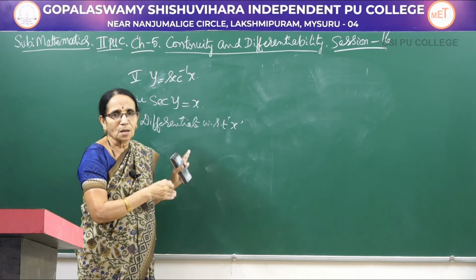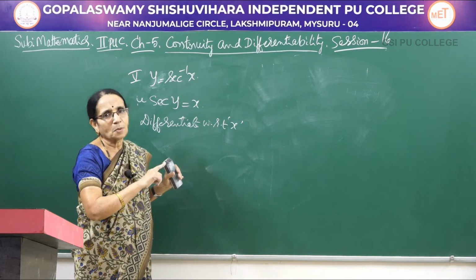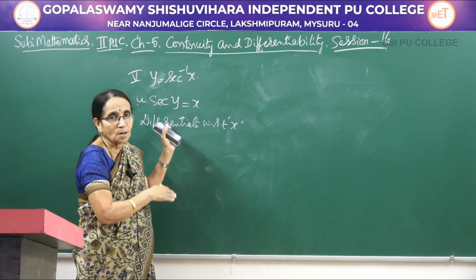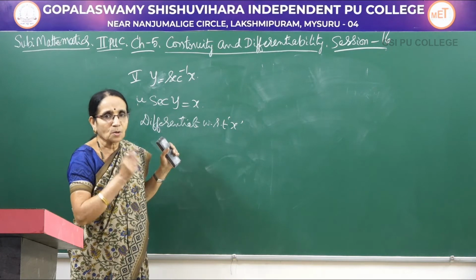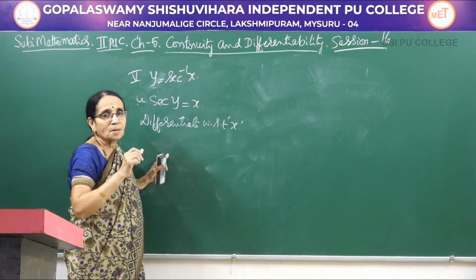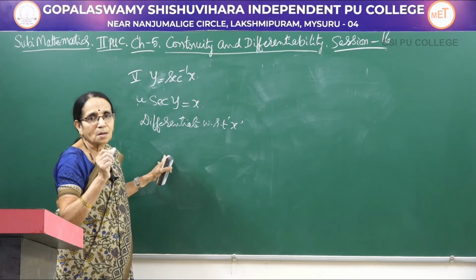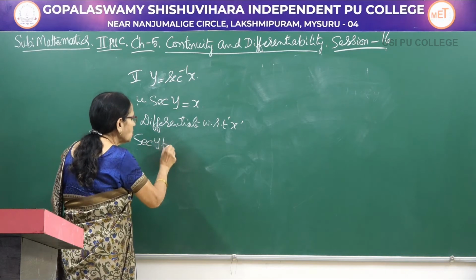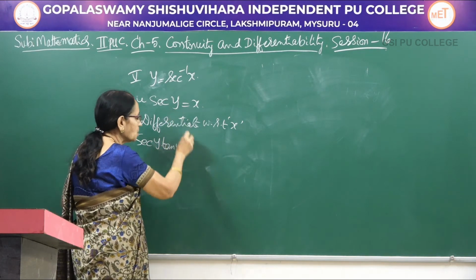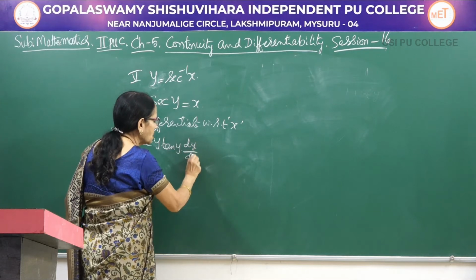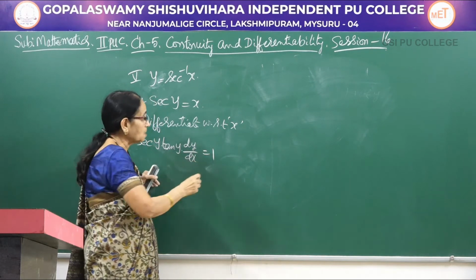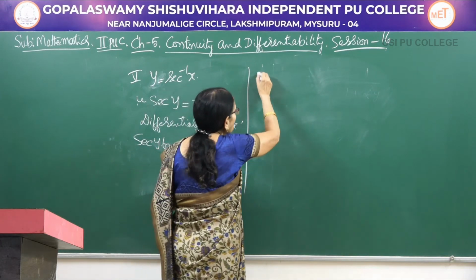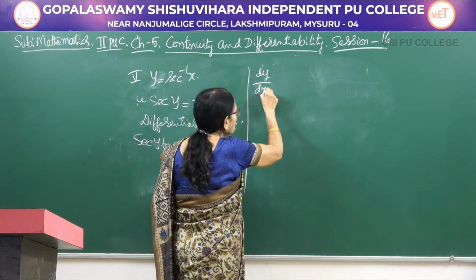Here in all the other 4 derivations we just did, we had only one term on the left hand side: sin y, cos y, secant square y, for tan x it is secant square y or minus cosecant square y, that is only one term. Whereas the derivative of secant x is secant x into tan x. So we are getting here secant y into tan y, into dy by dx, and this would be equal to 1. So that is the difference in this and the next derivative. Therefore, we have to be a little bit careful here while writing the respective values.